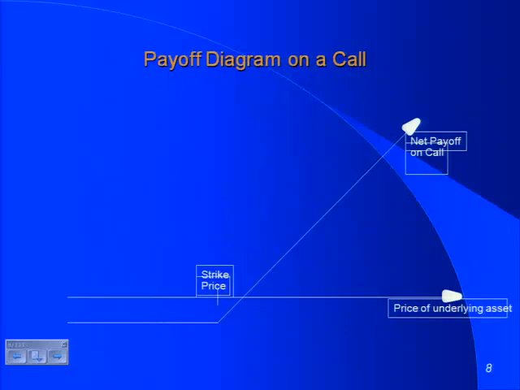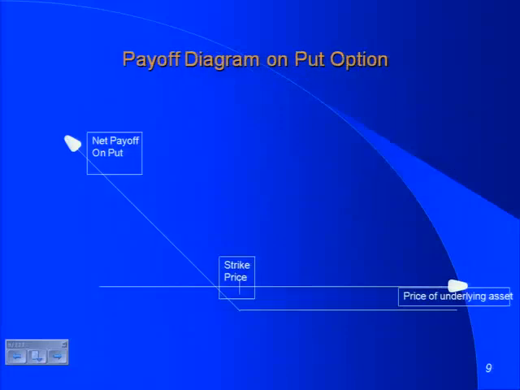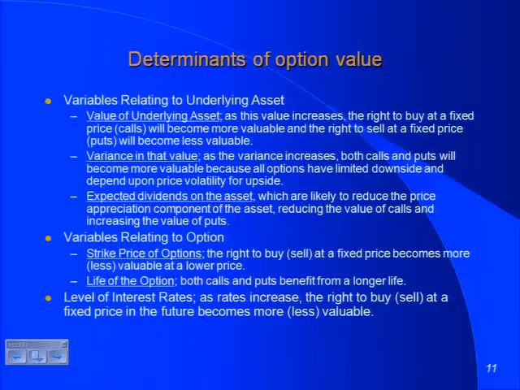The reason we worry about risk is not because of upside risk, but downside risk. And with options, I've given you protection against downside risk. So the more volatile, the higher the risk, the higher the variance in the value of the underlying asset, the more valuable all options become, calls as well as puts. This is not a bet about direction. It's a bet about volatility. And the third variable relating to the underlying asset that affects all options is if you expect the underlying asset to pay any dividends over the life of the option, it will affect the value of your option.